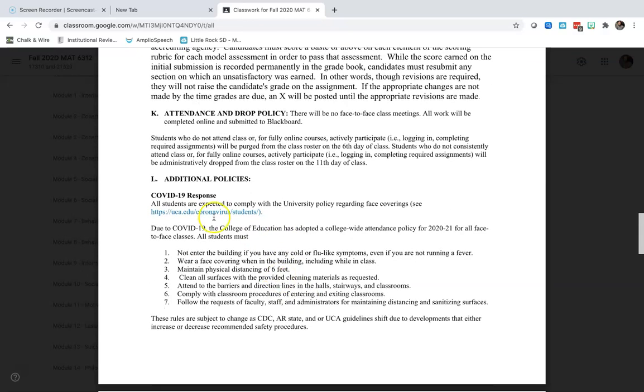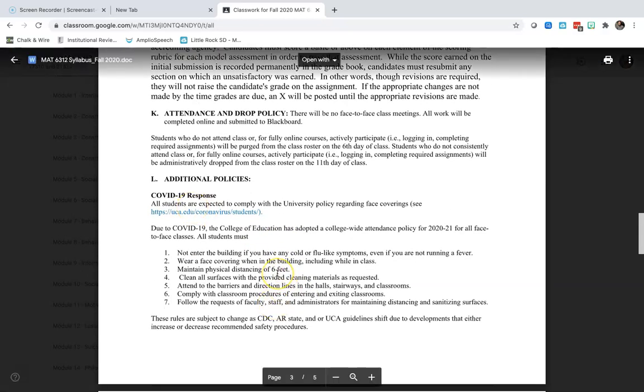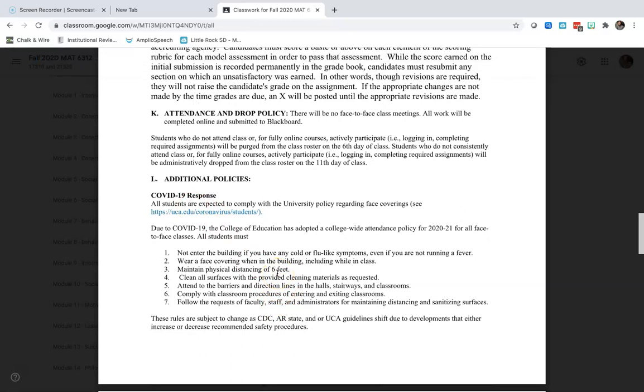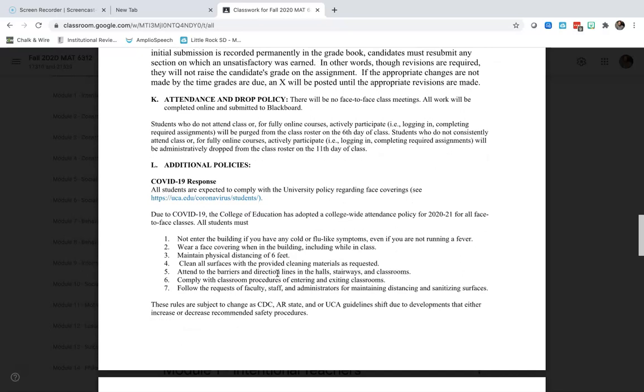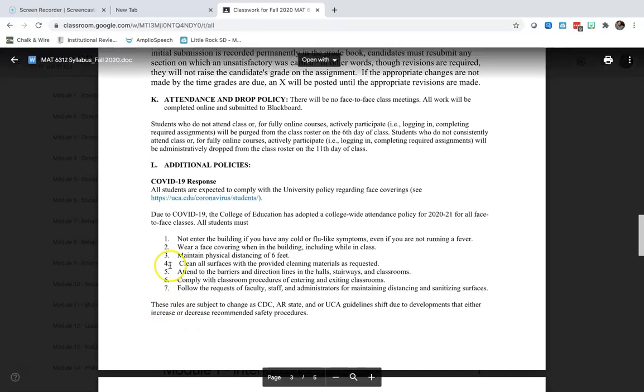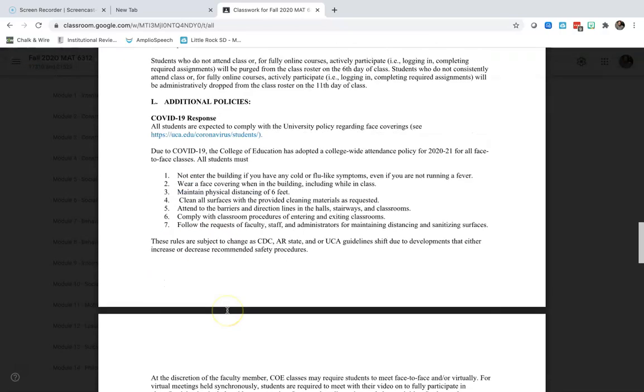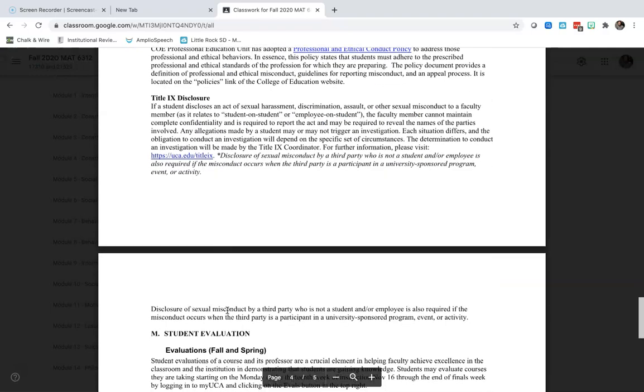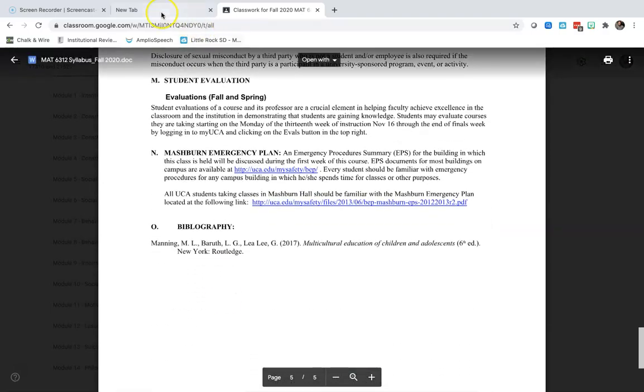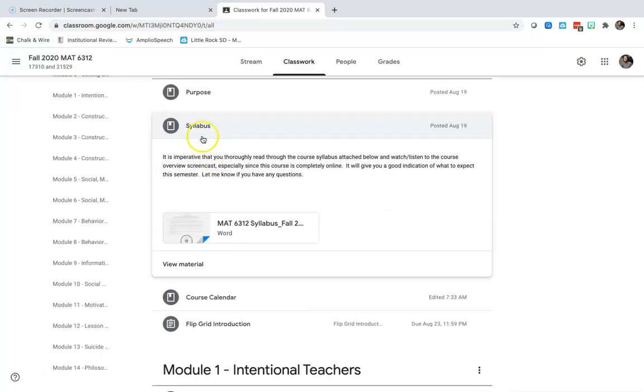And we do have additional policies here due to the COVID-19 pandemic. So just make sure if you do happen to go to campus for any reason that you adhere to all of these items here. So that is the syllabus,